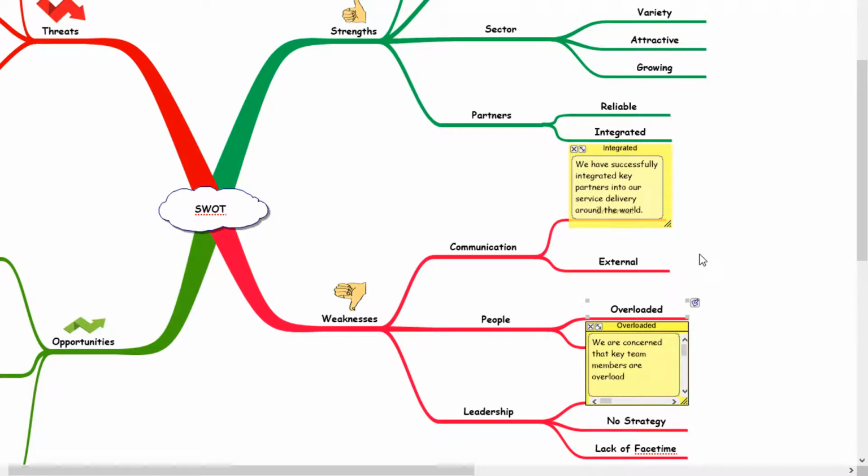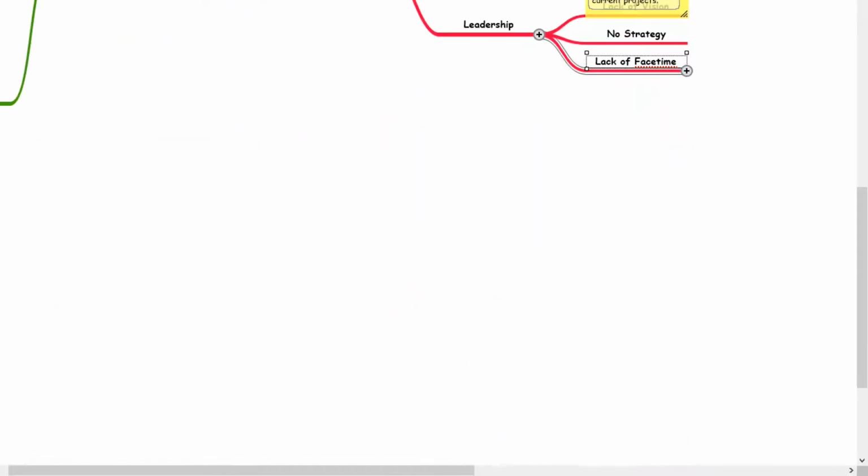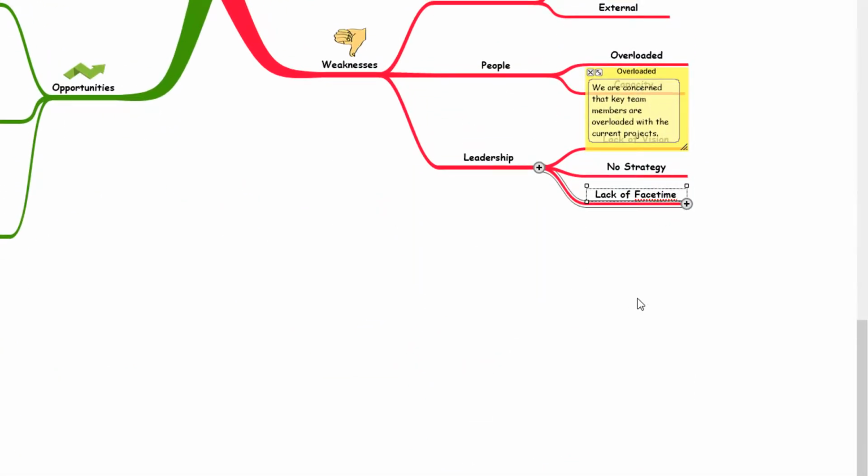Using the notes feature is a great way to build more depth into your mind map. Perhaps writing out longer form ideas or opinions, copying and pasting text from websites, documents, or emails, and generally fleshing out the details of your strategic analysis. Where the mind map provides the structure and the organization, the notes can help you build out the depth and the detail. What's more, if you need to convert your SWOT analysis mind map into a more traditional written document,